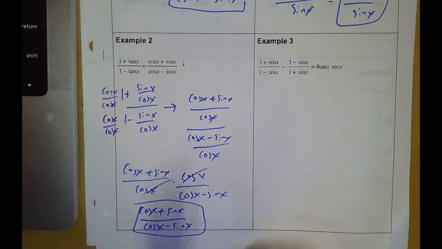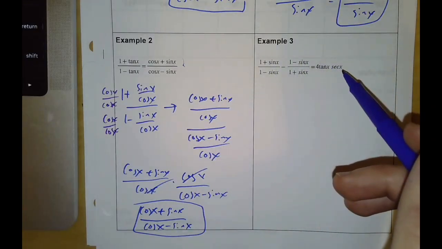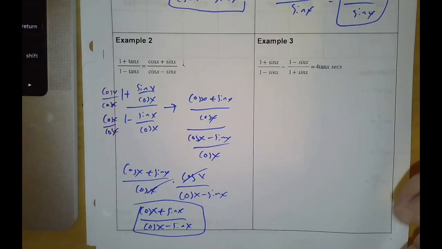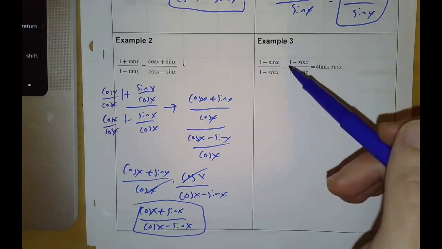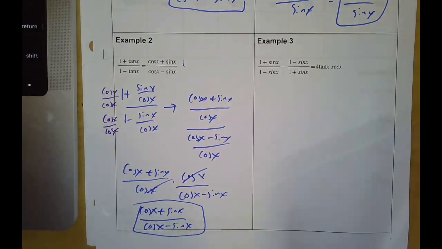Okay, so look at this one. Okay, 4 tan x, secant x, and a whole bunch of stuff here on the left. It's a technical term. Okay, so when I look at this, well, this left side looks a lot more complicated than the right side. So left side, in order to do it, we're going to have to combine these fractions together. To combine the fractions together, they got to have the same denominators. So what we're going to do is multiply by